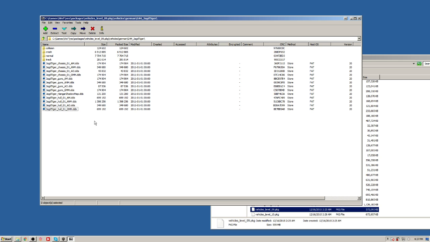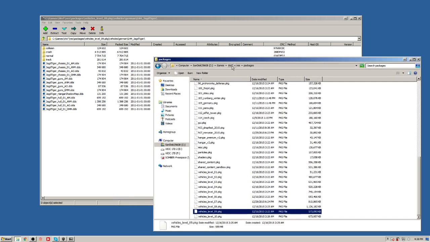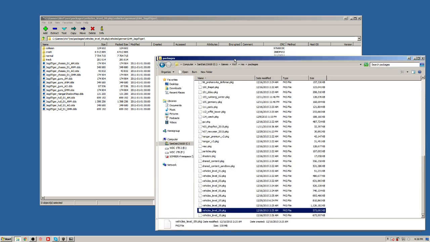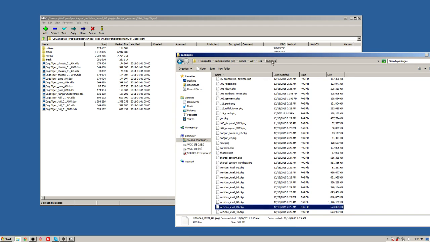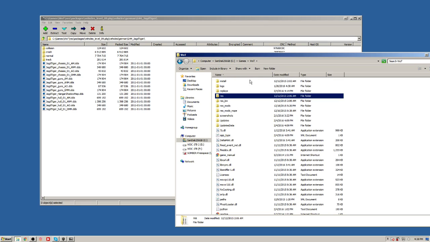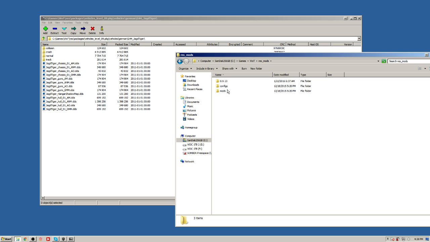Now, where you want to put these, I have to show you that as well. So, keep up with me, make sure you know where we're at. So right now, we're at Games, World of Tanks, Res Packages. Go back to the base World of Tanks directory, and then go to Res Mods. Now, if you don't have mods installed, you'll have to make these folders yourself, but for now, follow me carefully. You want to go to the current patch version